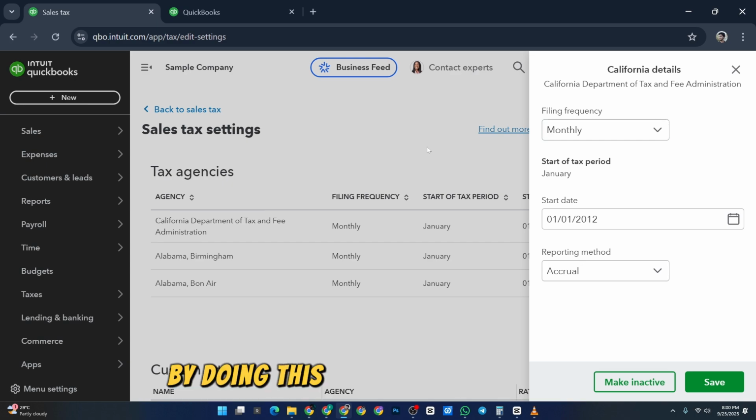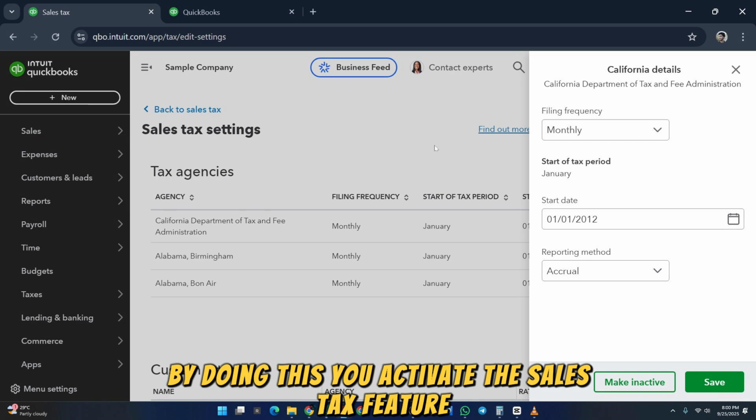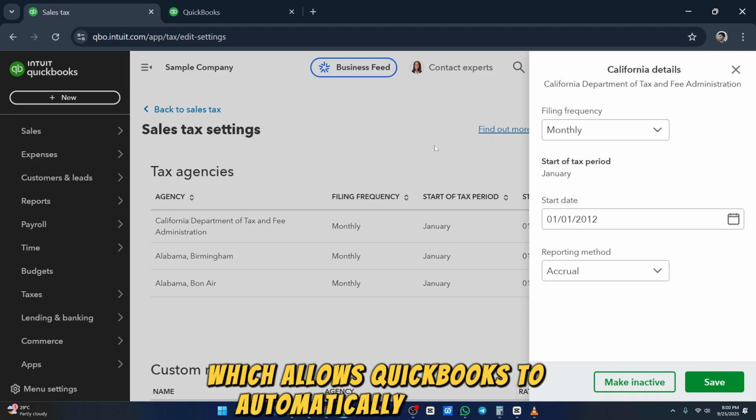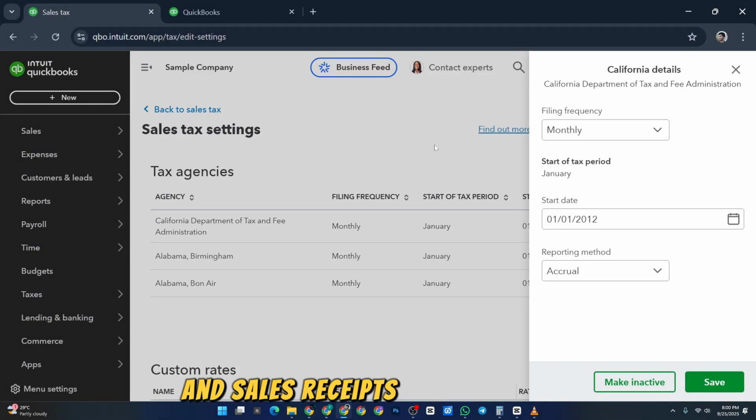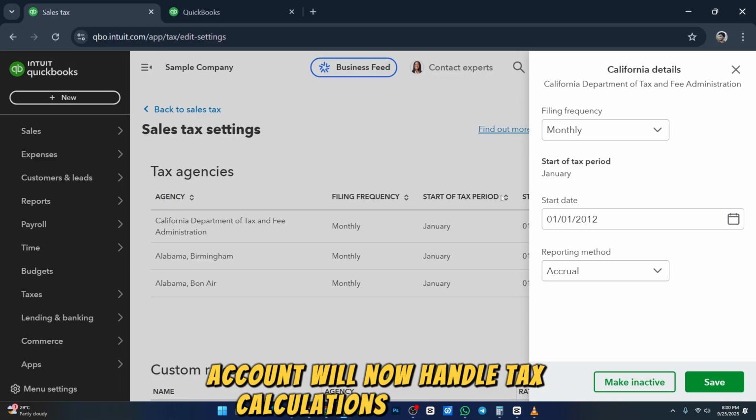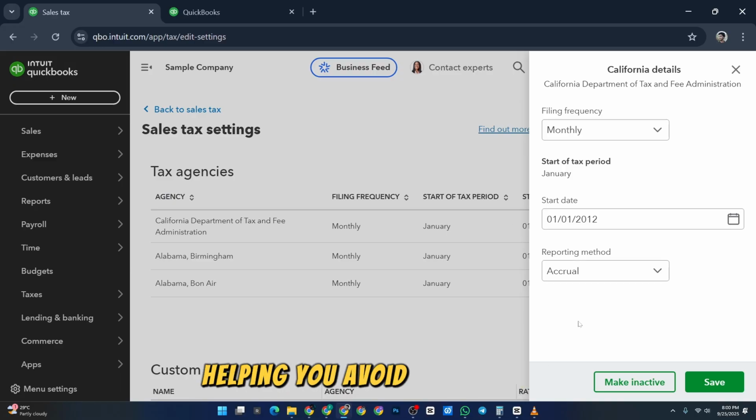By doing this, you activate the Sales Tax feature, which allows QuickBooks to automatically calculate and apply the correct tax amounts on your invoices and sales receipts. Once activated, your QuickBooks account will now handle tax calculations, accurately helping you avoid mistakes in financial reports and ensuring